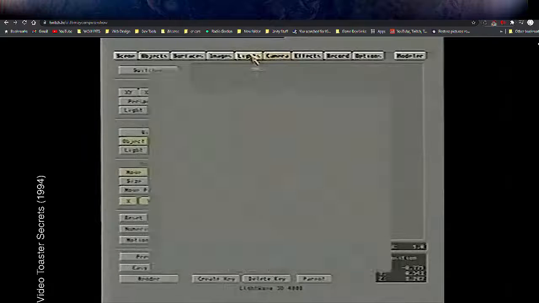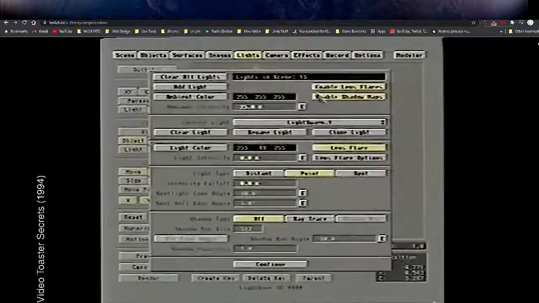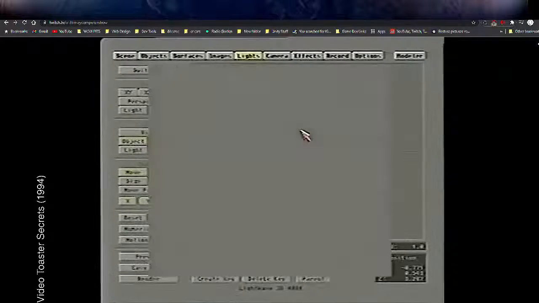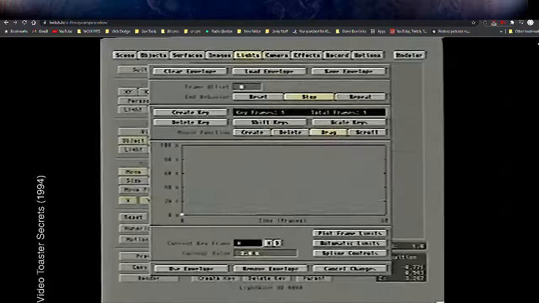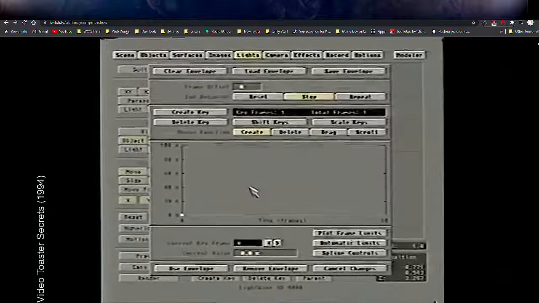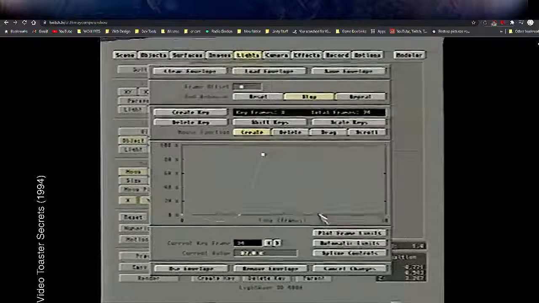The way we would do that is just go in, and I'm going to do this for 2 lights, but you can just repeat it for all of them. I go in to the flare options for 1 light. For flare intensity, create an envelope. And I'm going to use the mouse function create here. Well, let's just drag this down to 0 first, so I went to mouse function drag. I want to start at 0. Then at frame 15, roughly, it should still be 0. Then it should kind of quickly go up and then fade back down